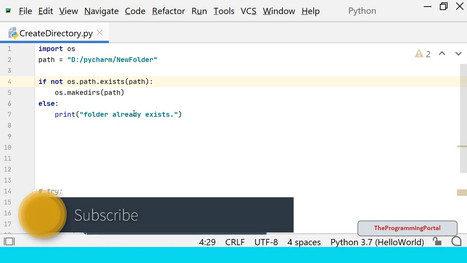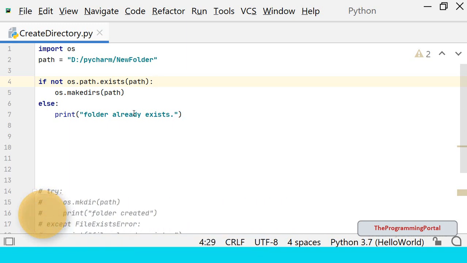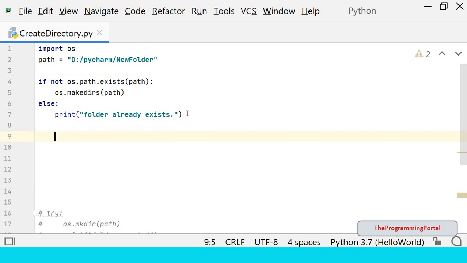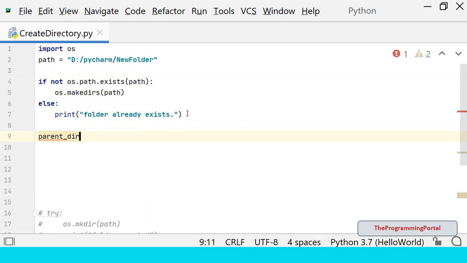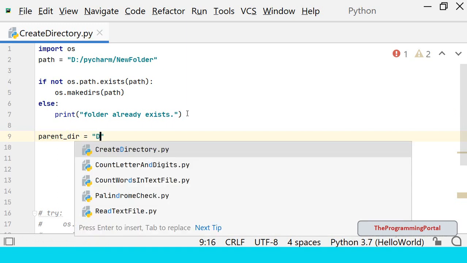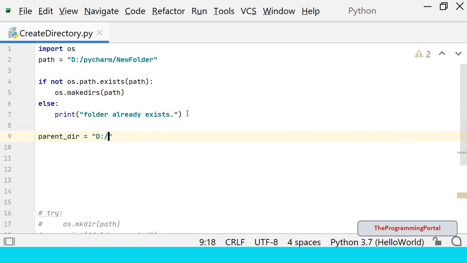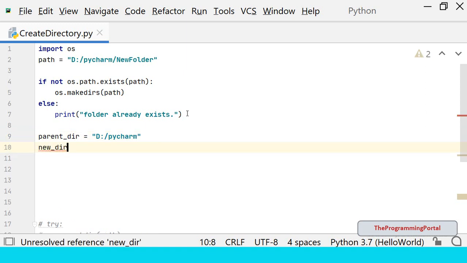So by using these two methods, you can create a directory. One final tip, you can also join different paths and folders using the join method. So let me show you. Suppose I am having parent directory and I can write D drive PyCharm and let me declare new directory.